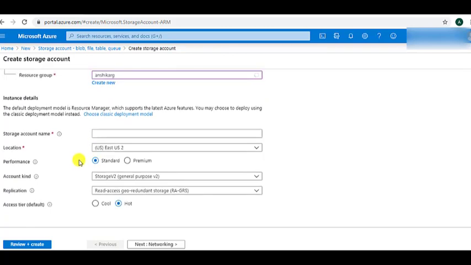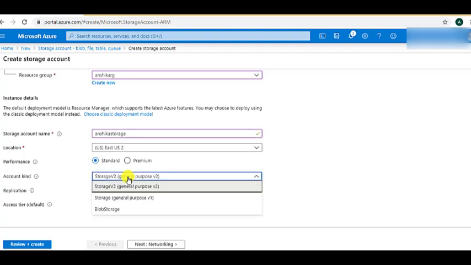Now let's give the storage account a name and it should be unique and it will be a part of the URL endpoint that will be used to access the blob. For the performance, there are two options available, either standard or premium. When we choose the standard option, we get three account kind options as storage V1, storage V2 and blob storage.